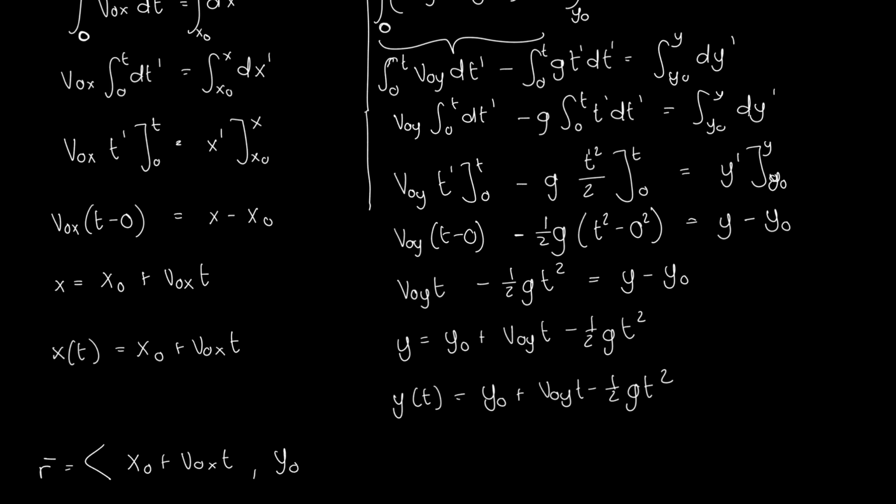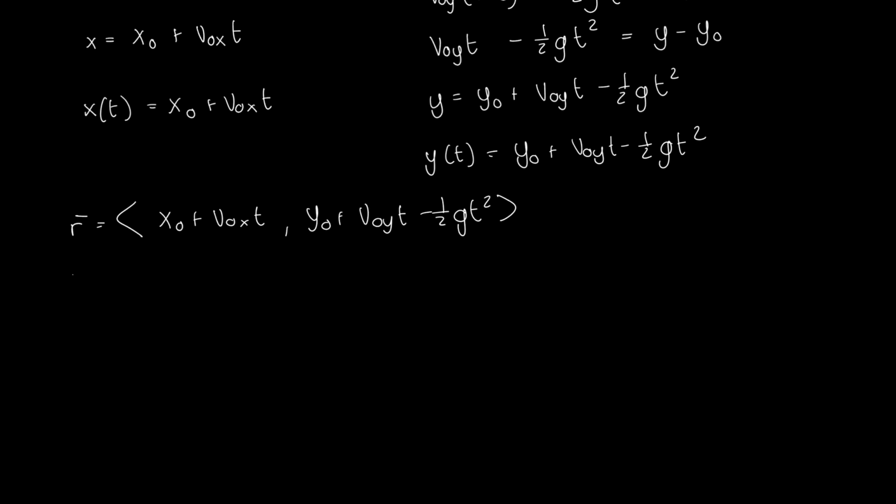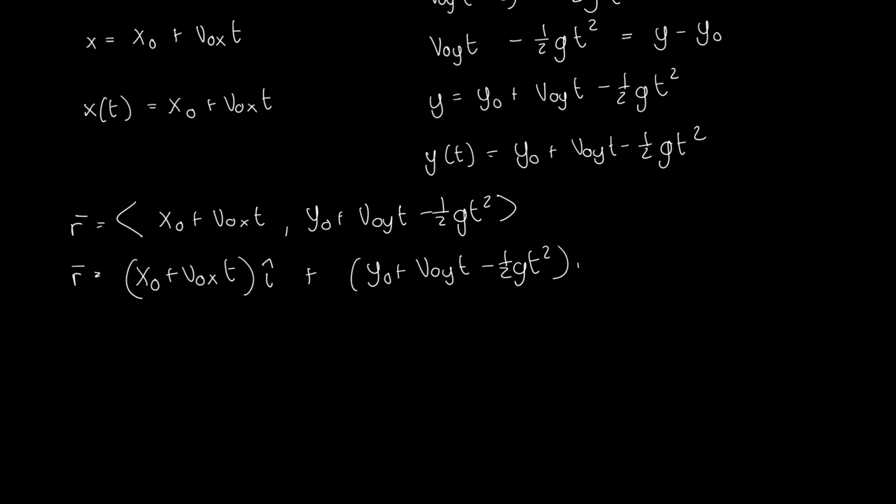x0 plus v0x t, y0 plus v0y t minus a half g t squared, or written in terms of the i's and j's, x0 plus v0x t, the whole thing i hat, plus y0 plus v0y t minus a half g t squared, the whole thing, j hat. Now keep in mind, we have not subbed in what v0x is and v0y is. We should do that. So we need to go back to our x and y